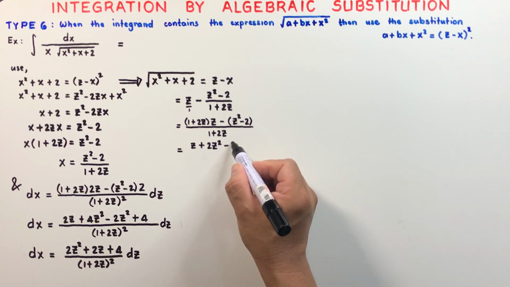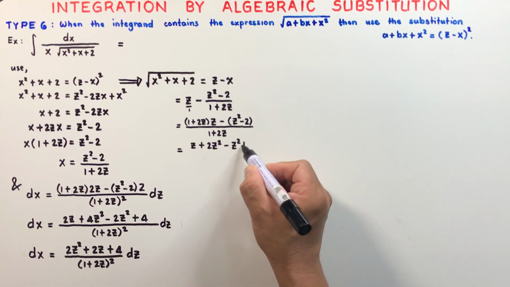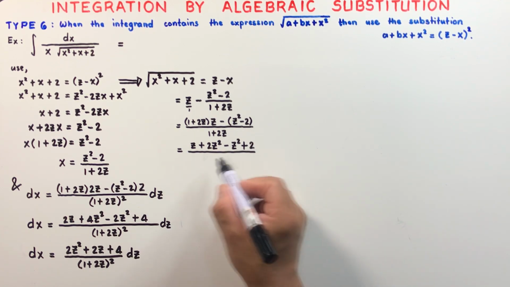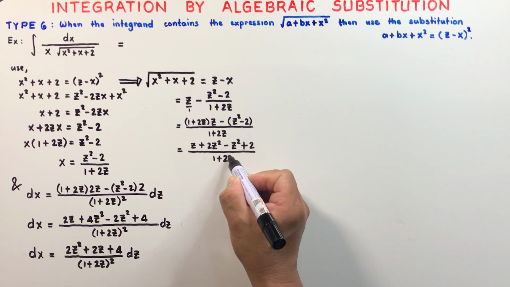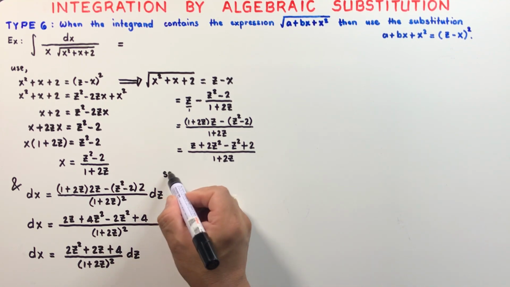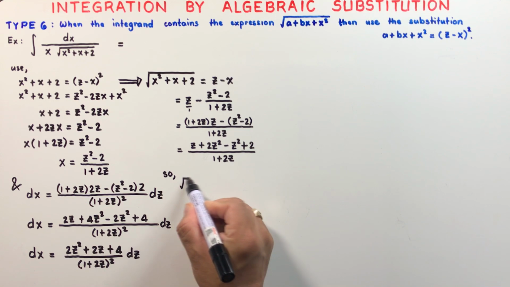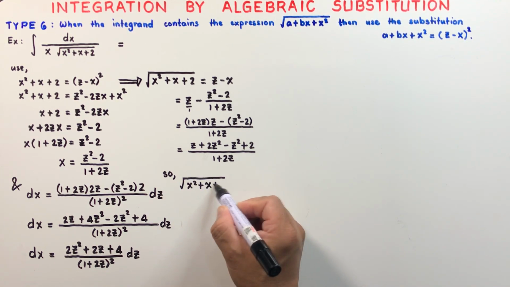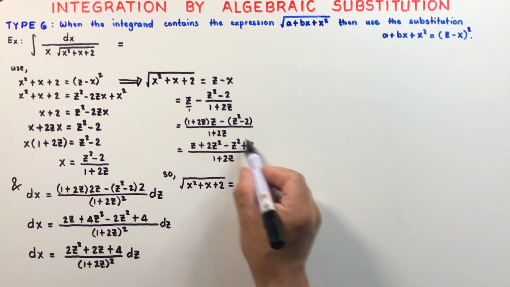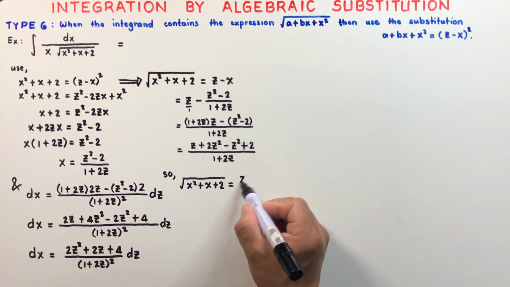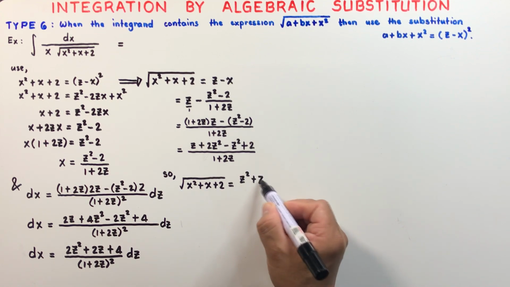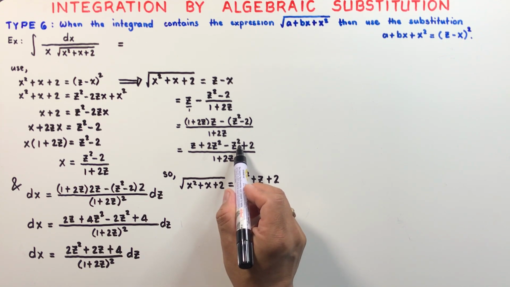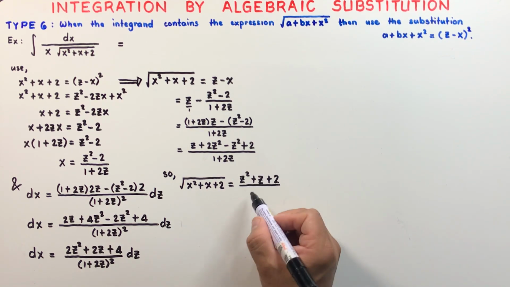And removing also this parenthesis here, we have minus z squared plus 2. And this is divided by the denominator of 1 plus 2z. So therefore, we say that our square root of x squared plus x plus 2 is equal to this quotient here, which is equal to z squared plus z plus 2, because we can combine 2z squared and this negative z squared here. So divided by